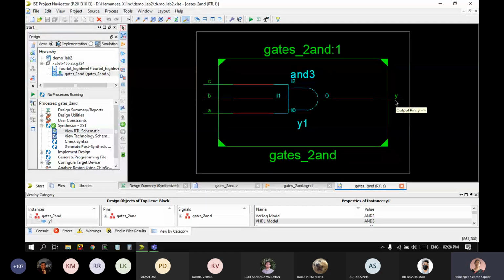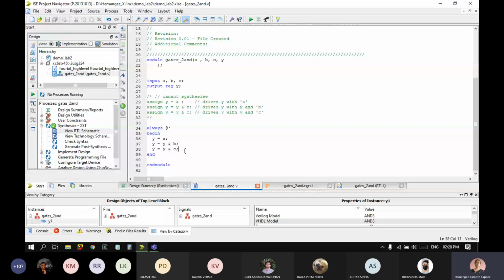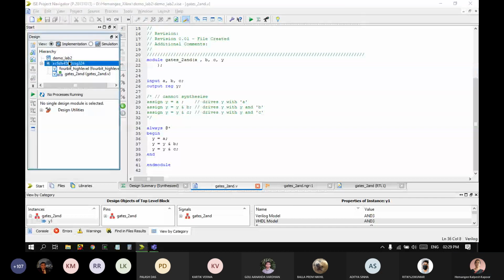Okay, now we will do one more example. Do one thing, I'll just skip one example. One is that 1-bit comparator, which I had written in the previous class.